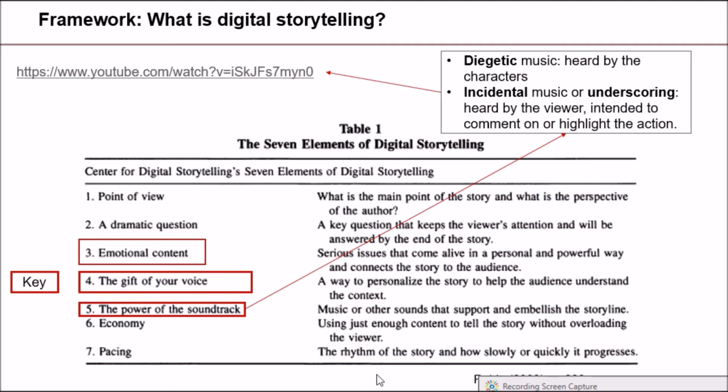That's probably not going to be a very interesting story. Okay, so I've been talking about the impact of soundtracks and voice on the emotions of the audience. So it would be nice to talk about emotions for a little bit, just to get a glimpse of what really creates emotions in us.